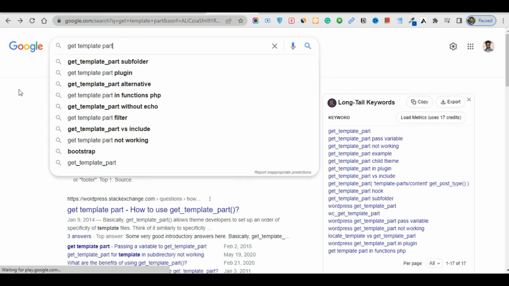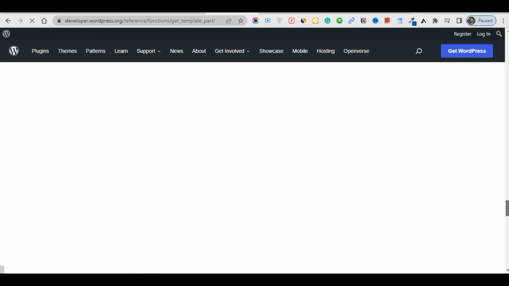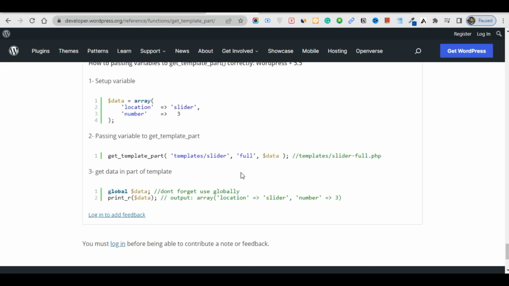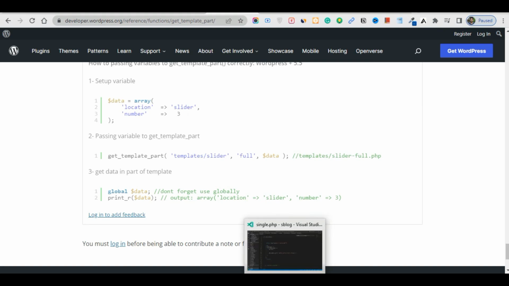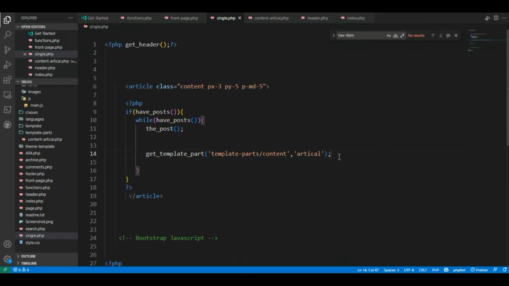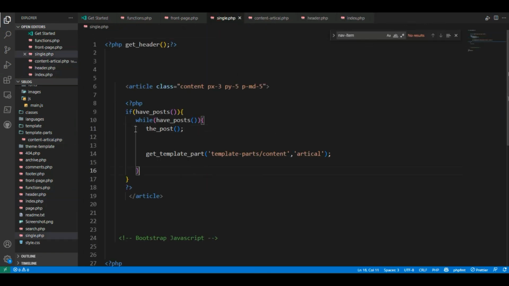Everything you can find easily from Google, and simply use this process. So this is the process. You can use get template part, or you can use another way, get template part, then slider, then data. This is another variable for getting the template part. Okay guys. So guys, here you can simply copy this for your front pages like header, and after that index, single.php, then the content